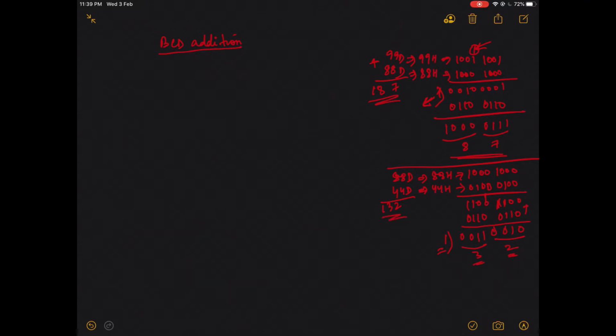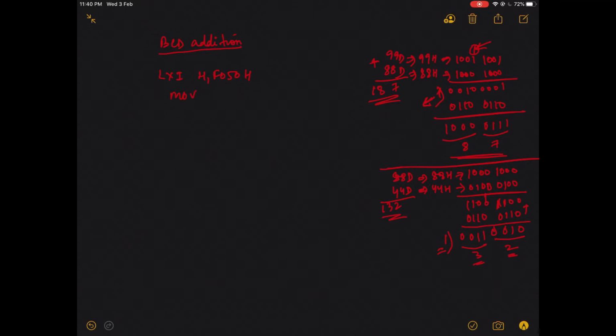So these are the two conditions of doing your BCD addition. One is checking your carry and your auxiliary carry, and the other one is just checking your upper and your lower nibble. So let's start writing the program for this one. I'll assume that in F050 I store my first data 99, and in F051 I'll store my second data 88. I'll do just as I've done in the previous program.